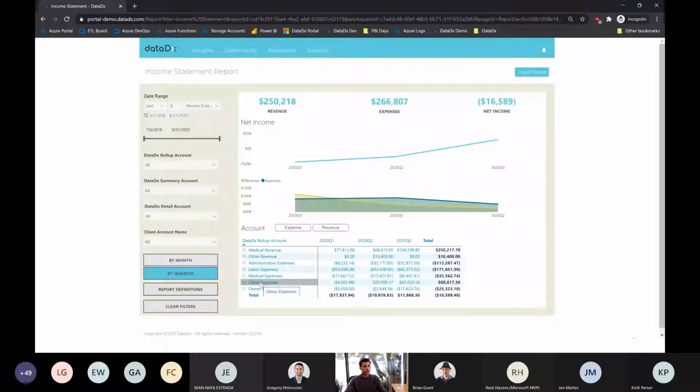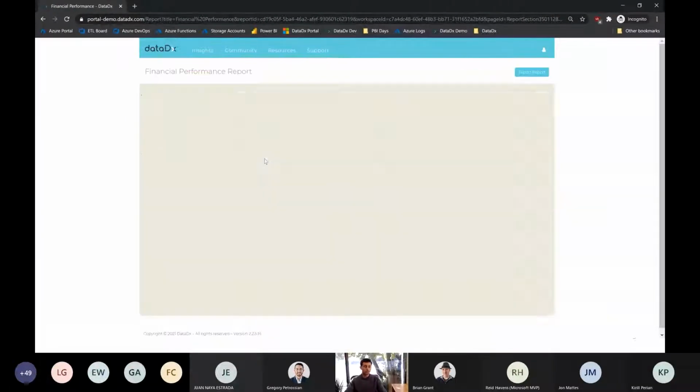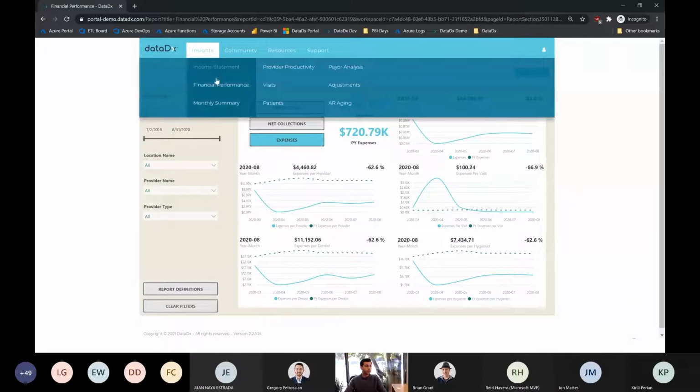Very good report, mimicking pretty much profit and loss, but of course we have more efficient ways to interact with the data. We also have the financial performance, analyzing 3 metrics that are production, collection, and expenses over time, by visits, by provider, by dentist, by hygienist, also comparing it with the prior year. We also have the provider productivity report, a very good one also,